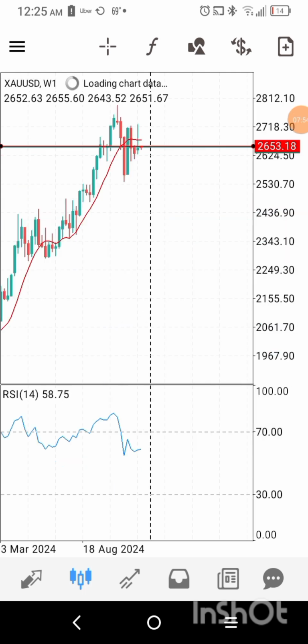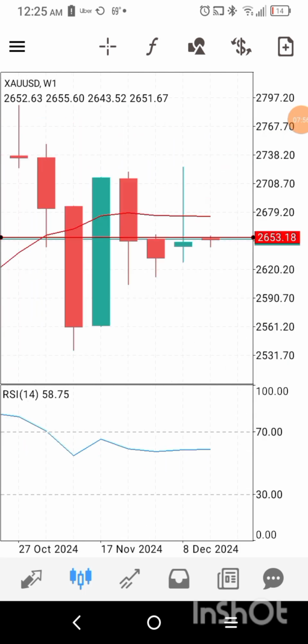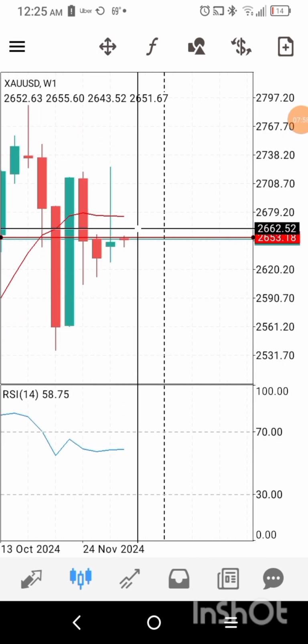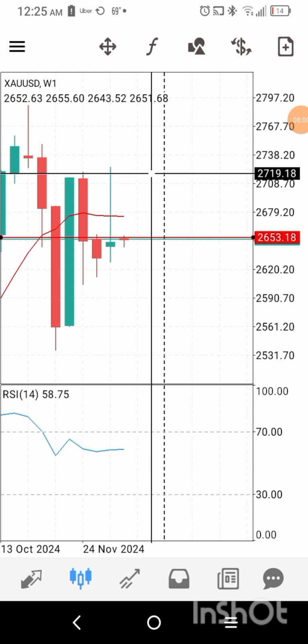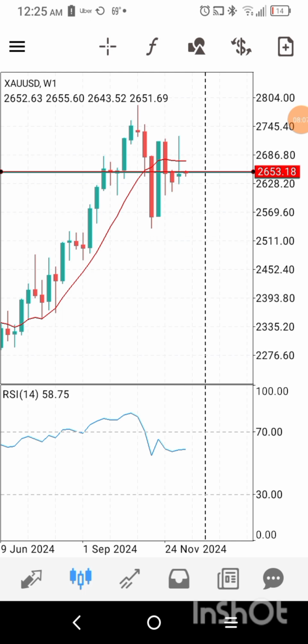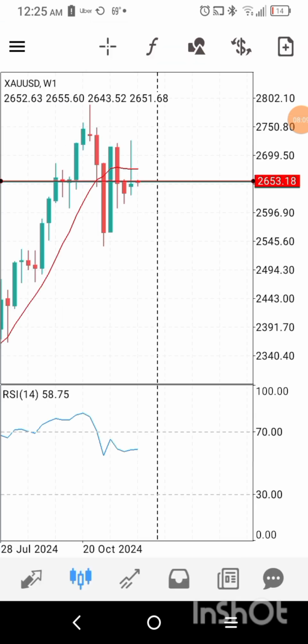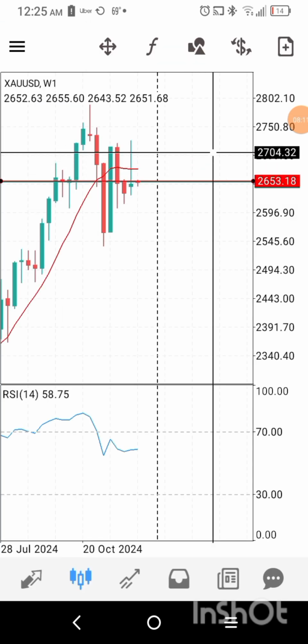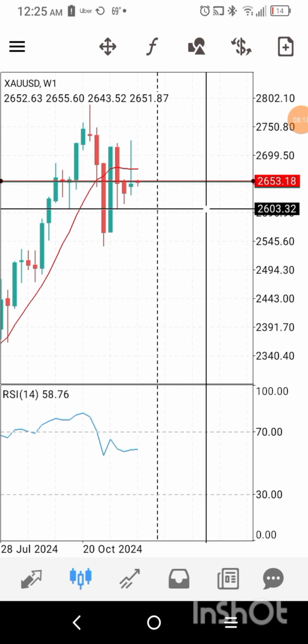Go back to the weekly. You can see on the weekly, this is what happened last week. It went all the way up to 27.23 and then dropped back down. I think we're going to have a continuation to the upside, going back up this week, back up to 26, but it could definitely drop back down this week, all the way back down to